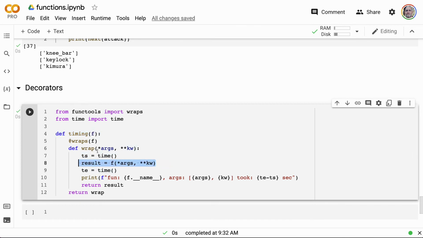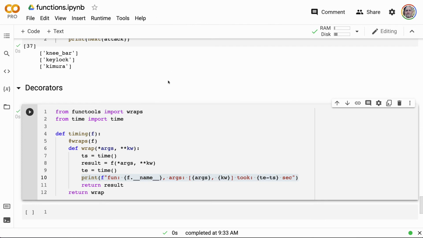I want to keep track of what's passed into the function in terms of arguments and keyword arguments. This is just a regular variable, and this would be a key value pair. And then I just print basically the name of the function, because again, remember, this is the function that's passed in. Give me the name of it, give me the args, give me the keyword arguments, and return back the results of all that stuff.